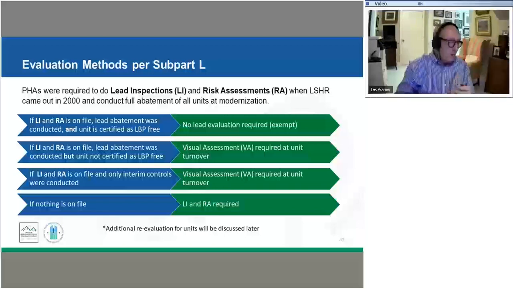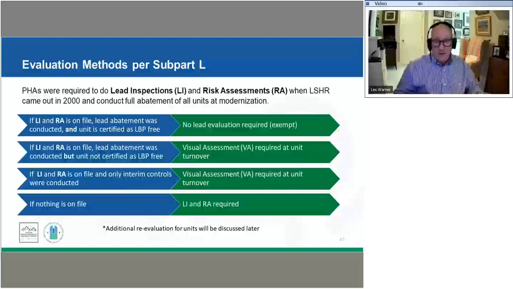And so I think the first action step here on thinking about evaluation is to make sure that you actually have that original lead-based paint inspection in place. Also, with that file documentation, if your property has had abatement work completed, also making sure that within your files